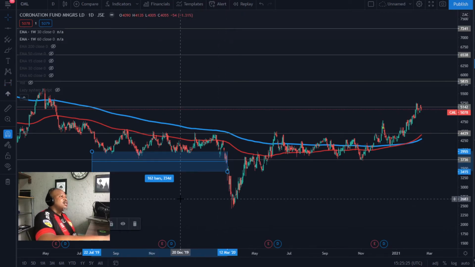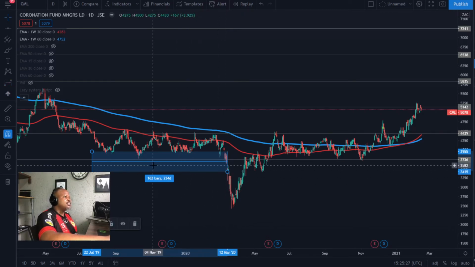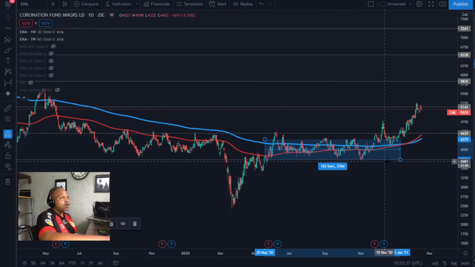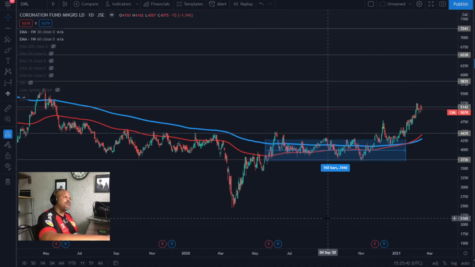So it took about 234 days stuck in this range until it broke lower, and then when it broke back into this box, it stayed in this box for another, about 244 days. So for 244 days, the stock is doing nothing, and you're in this trade. Swaps are killing you. Granted, dividends are being paid, but as to whether the amount of dividends that you're receiving is enough to cover the swaps,